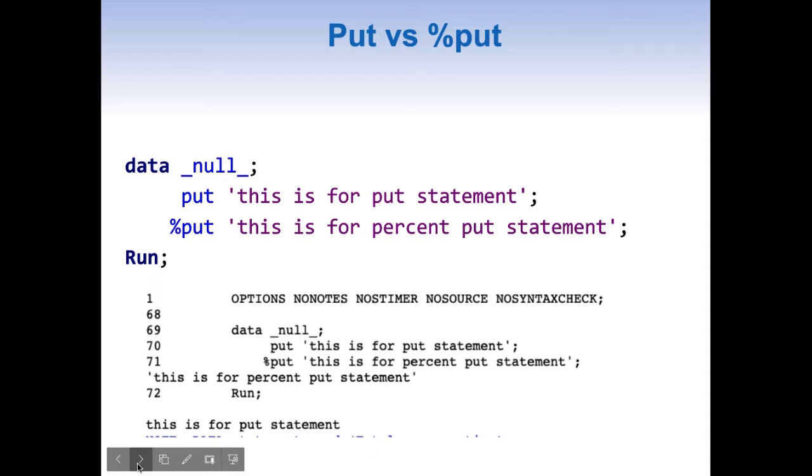Now that we have understood %put, let us quickly focus on the difference between the put and %put statements. Here I have a data step, data _null_, and I have a put statement with some text. Whereas in the case of %put, I have another text. If you see here, the put statement comes before the %put. When we run this piece of code,